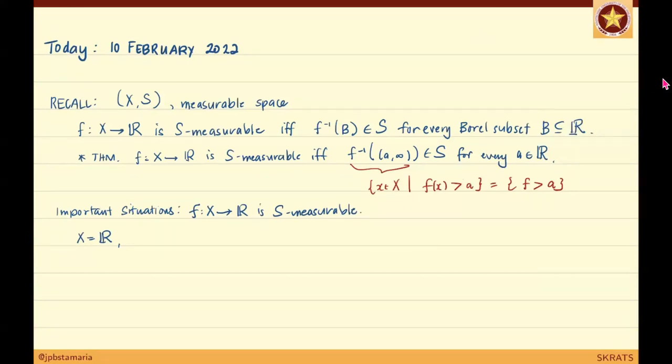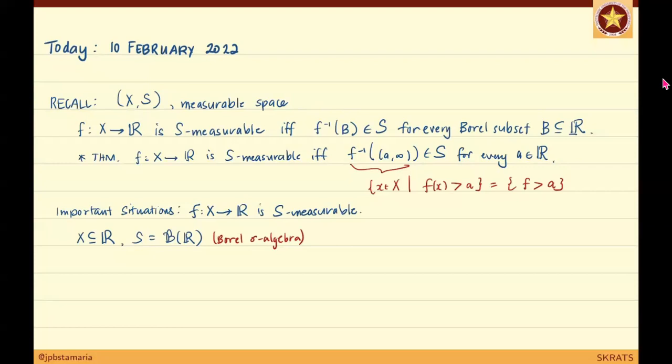Kung ang domain natin ay pipiliin natin to be not necessarily R, but somehow a subset of R, sabihin, mga real numbers na ang laman ng X, at yung S natin ay pipiliin natin yung mga Borel sets din, no? Bigyan ko lang ng reference, Borel sigma algebra. Kung yung S ay gagawin nating Borel sigma algebra, in short, yung collection of Borel sets din ang laman ng S, paano nagbabago itong definition?